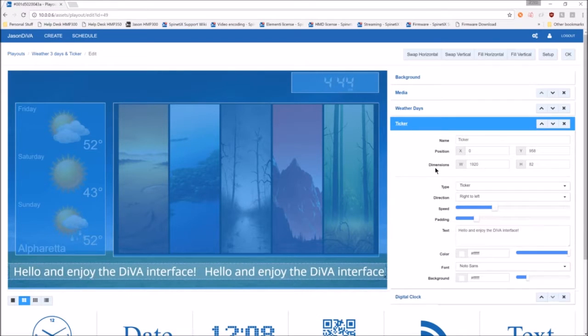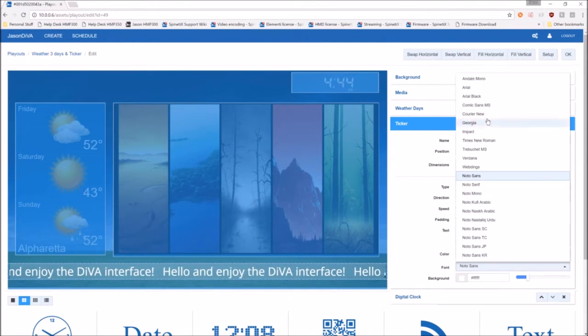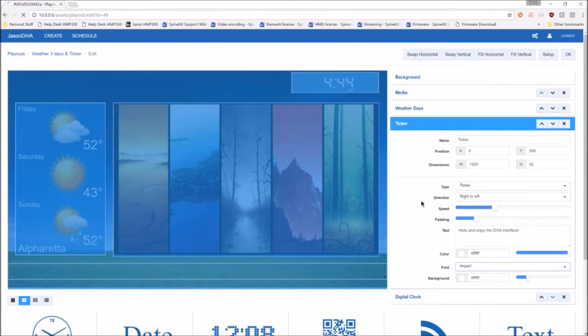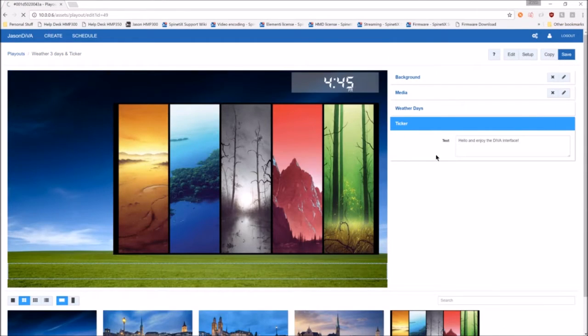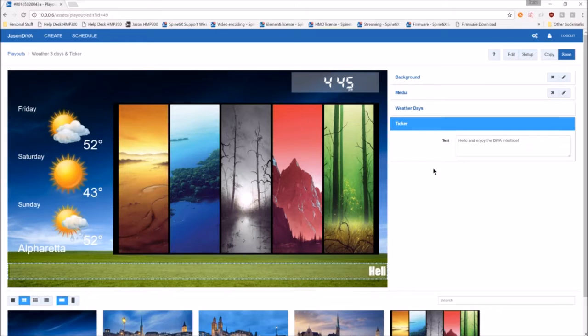If you want to, you can also change the properties of the existing apps. For instance, I could change the font type of my ticker along the bottom. And then once you're done, you can click OK. And now this is my new app. Oh, let's see. And if I hit save,